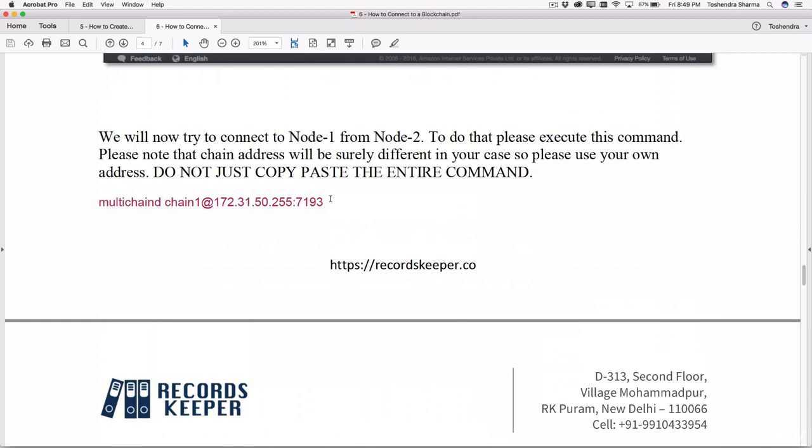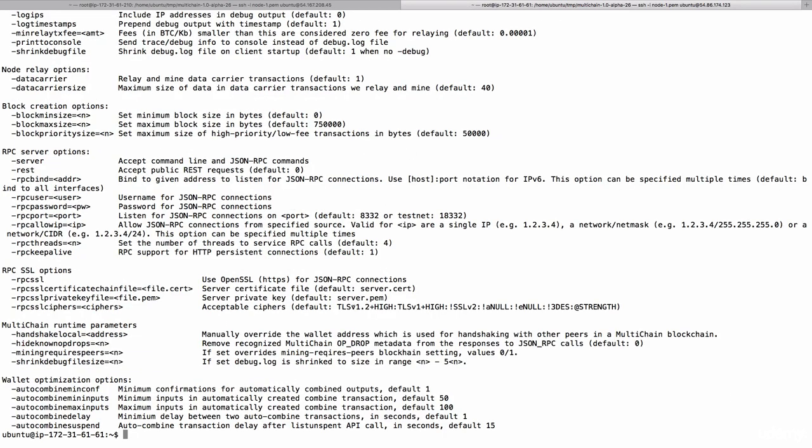So of course I have given you some answers here that you can use this command, but you don't have to actually copy paste the entire command. What you're going to copy paste is what you will get in your servers. It might be different. But go to node 2 and try to execute,